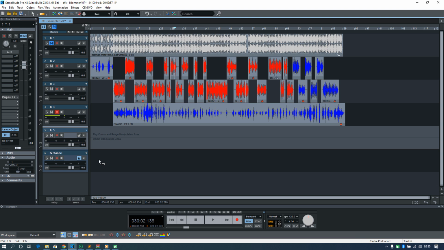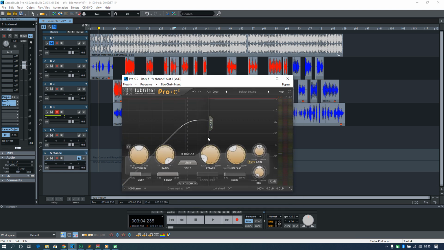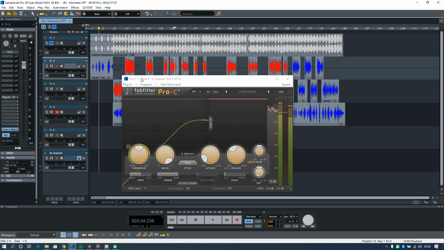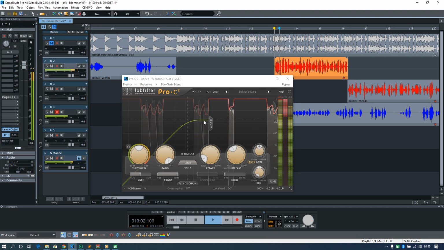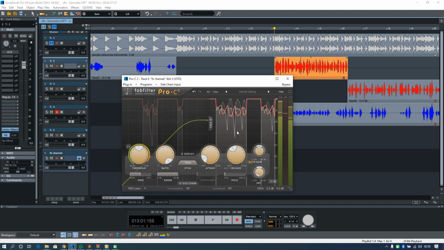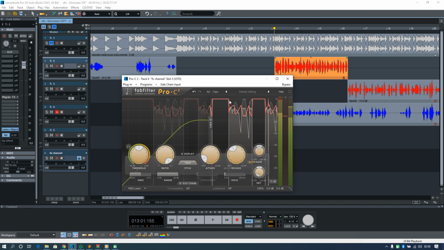So that is where the Pro C2, which is the compressor, comes in. It helps us to eliminate and/or normalize everything. You can see some pattern here like this. You can see this